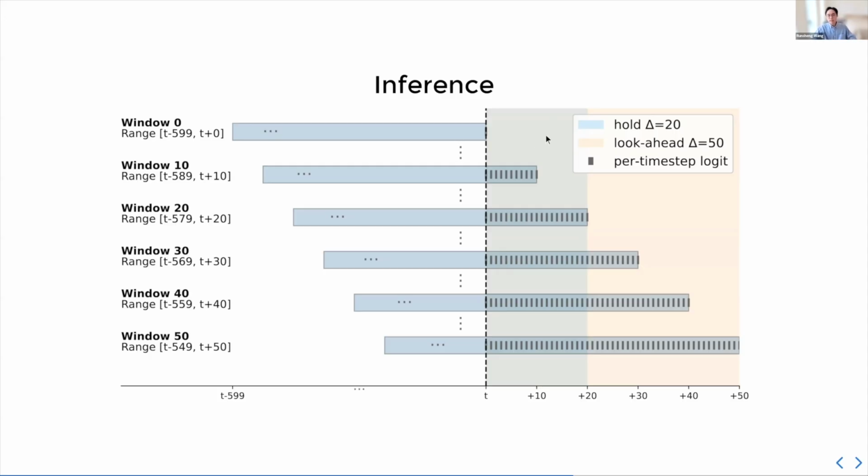So this means that if the intent does not change, all of this area, this little red-green area to the right of t, is helpful in predicting the intent at t. Now you might be saying, oh, this is a big assumption to make. How is it valid, right? So this is valid only under the assumption that this window, this look-ahead period, is small enough, right?